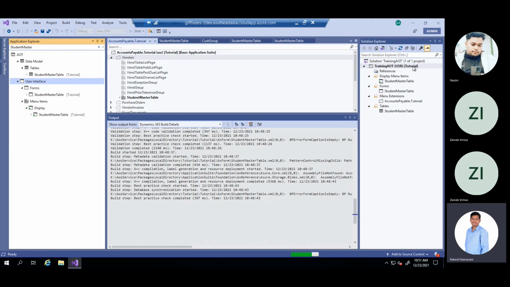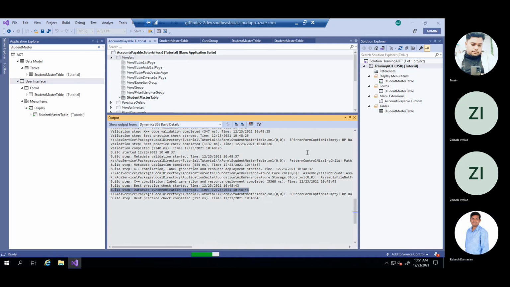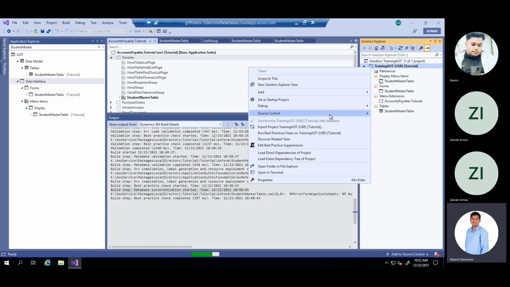See, on the property we have set synchronize on build to true. So here you can see data synchronization has started. Why are we doing the database synchronization? Because we have created a new table, so it should be synced in the database. If the property is not set, we have to manually go here, right click, and say synchronize with database.